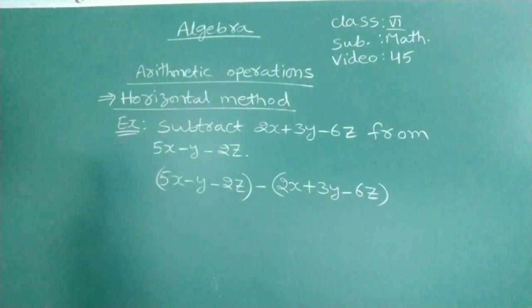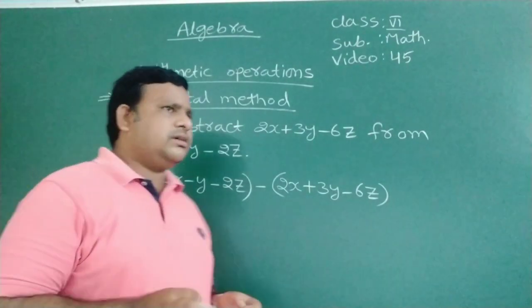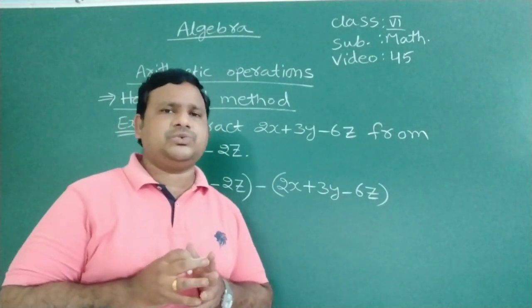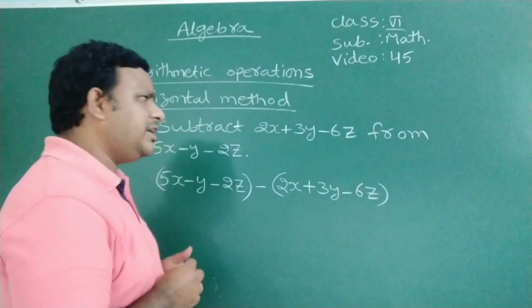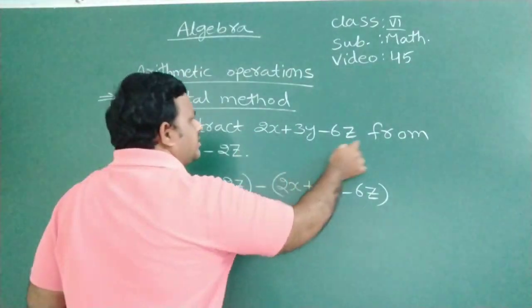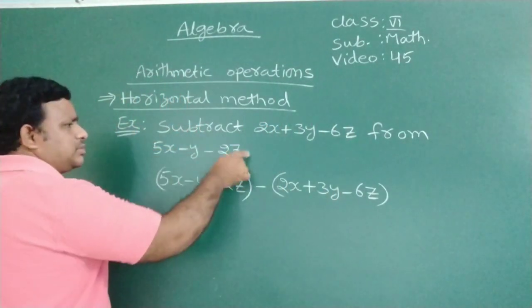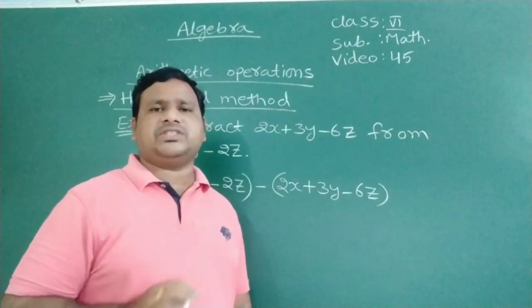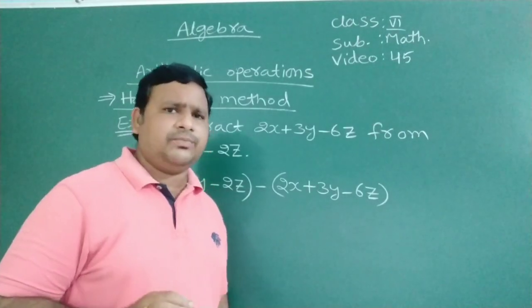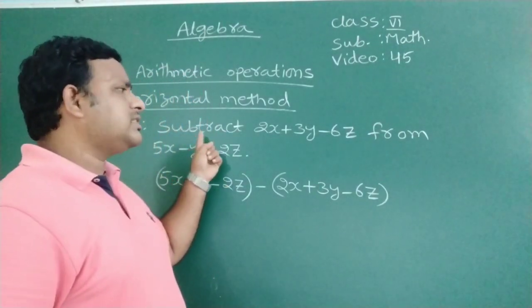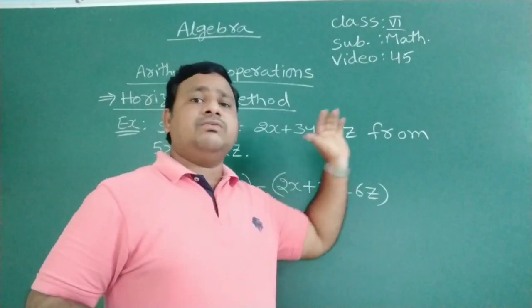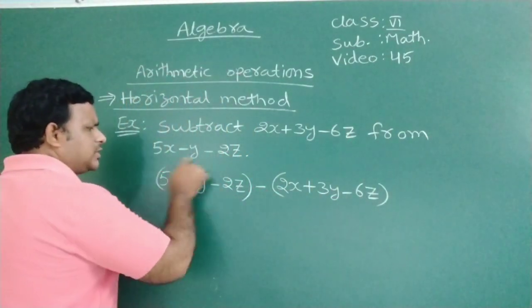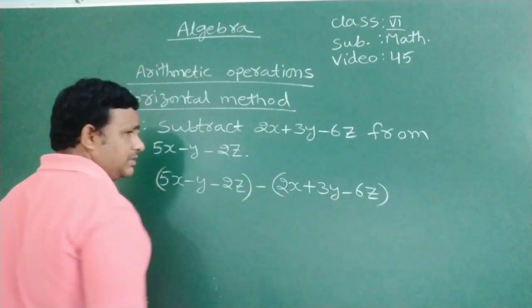This is to be subtracted. This is the meaning. Generally students make this mistake here. They take the first expression minus the second expression, but that is wrong. Second expression minus first expression we have to do. Why? Because the question asks to subtract the first expression from the second expression. So from the second expression I am subtracting the first expression, right?